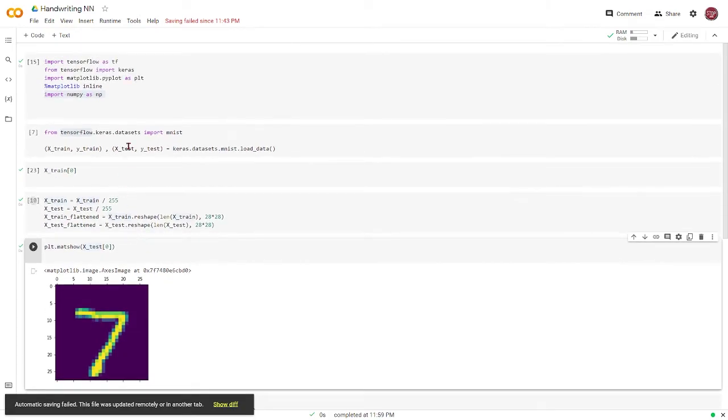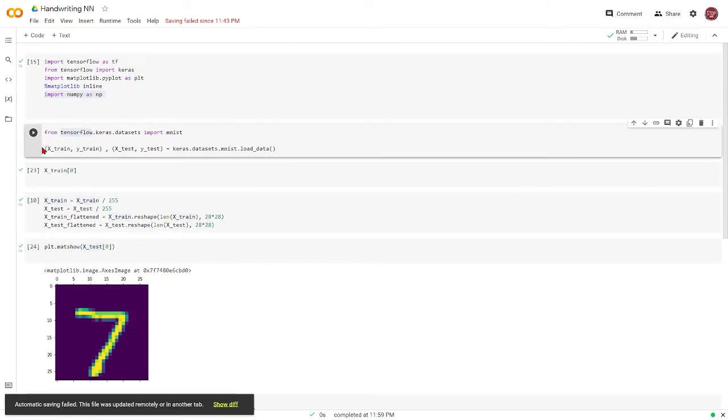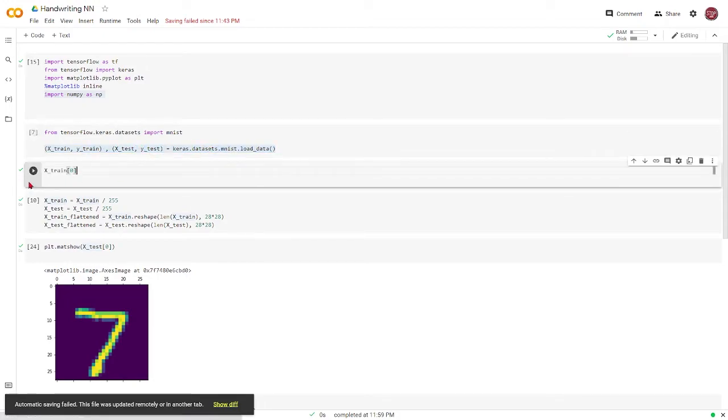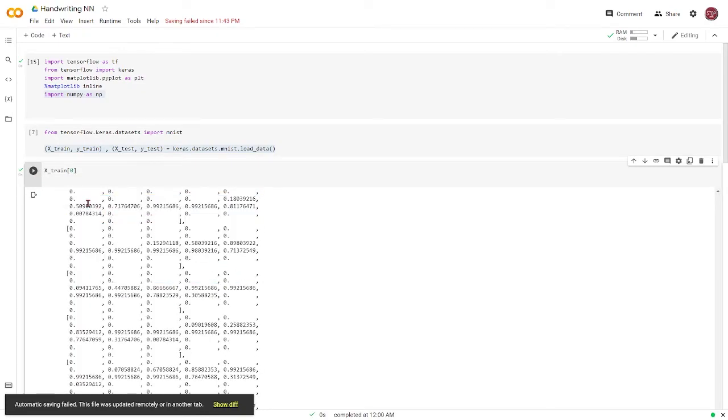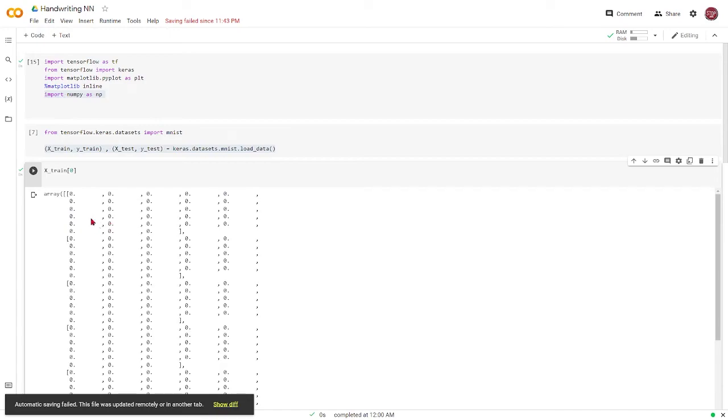All right, so we're gonna import that data set right here and split it into a train set and an X train set, a Y train set, an X test set, and a Y test set. So we'll load the data set into it. We can go ahead and display the training data set right here. And the data comes out in a 2D array, I think. Yes, 2D arrays,